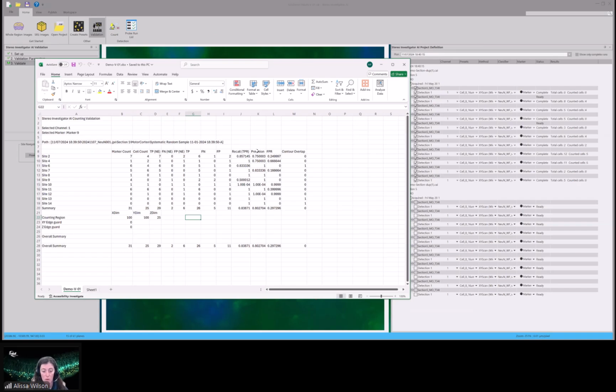These values are determined by colocalizing the markers placed by the validation and the software. So it does this by using the preset settings of the cell size. So knowing the software is placing a centroid and the validator was placing their markers at the top, it is able to determine which markers should be colocalized and were placed on the same cell to get that true positive value, or which markers were placed on different cells. So this would result in a false positive when the software placed a marker on an object that the person didn't consider a cell, and also the false negative when the software missed a cell that the validator did place a marker on. And so this is the end of our demonstration,